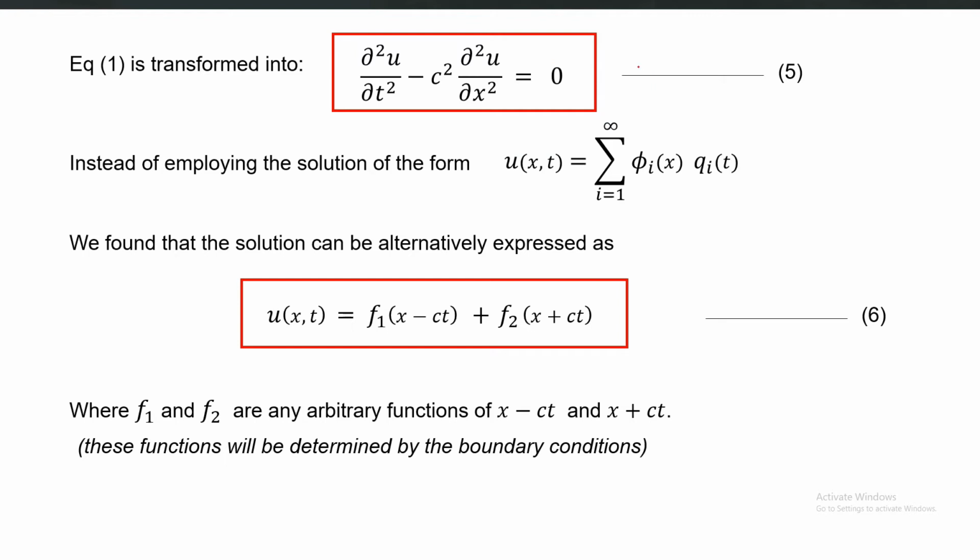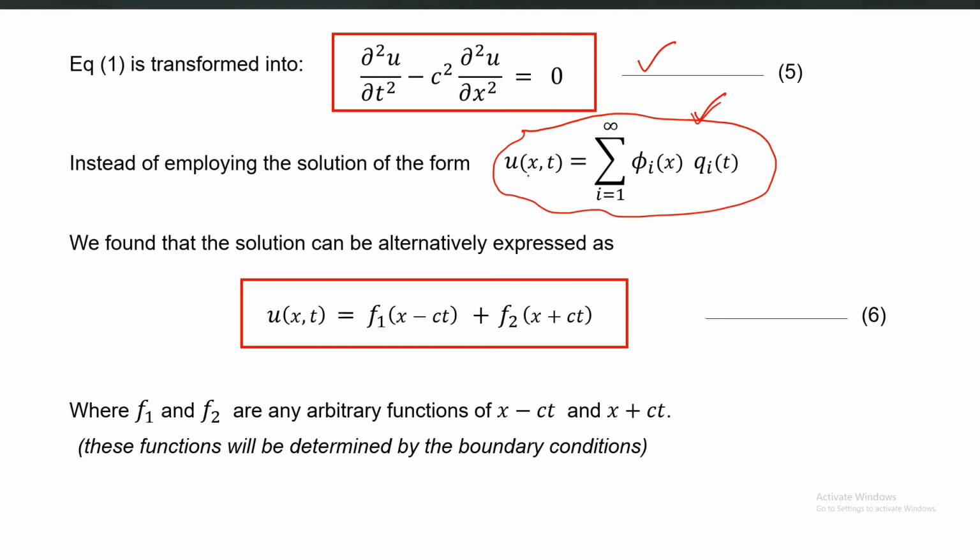This is that simplified equation. Previously, if you remember, while using classical modal analysis, our basic idea was to expand the displacement in terms of modal coordinates. So we were employing this assumption, that u of x comma t, the response, is the sum of the contributions of different mode shapes. Each mode shape is multiplied by its modal amplitude qi, and then the total response will be u of x comma t.